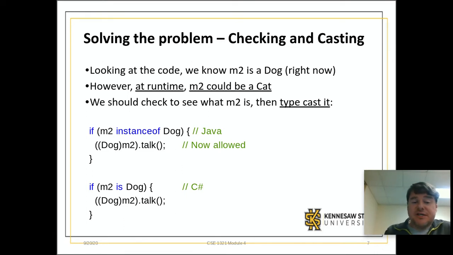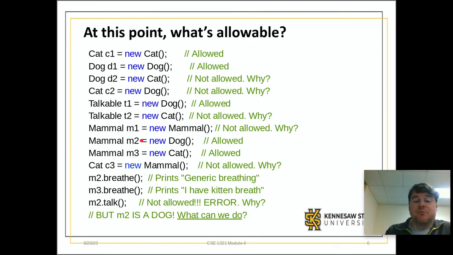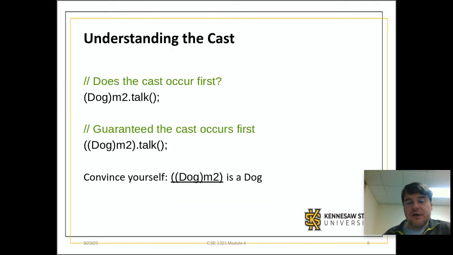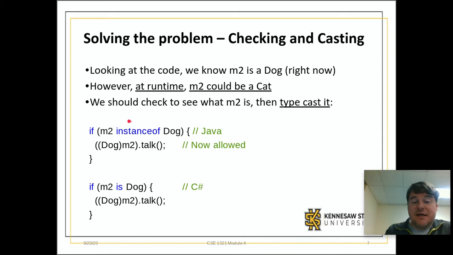All right, there's something else interesting on this slide that we haven't mentioned before. When you're dealing with polymorphism, where you've got all these crazy things happening, like a dog sitting on top of a variable of type mammal, or a cat sitting on top of a variable of type mammal, or even a dog sitting on an interface of type talkable, it's sometimes hard to remember exactly what type it is right now. So Java and C# both have a way to tell you the type of an object. We can say if M2 is an instance of Dog right now, then do this. And the C# equivalent is if M2 is Dog,